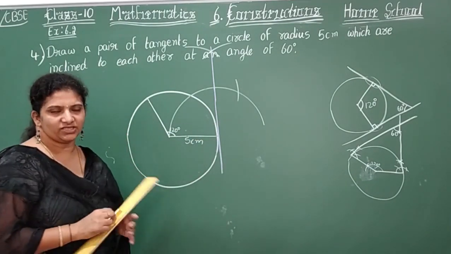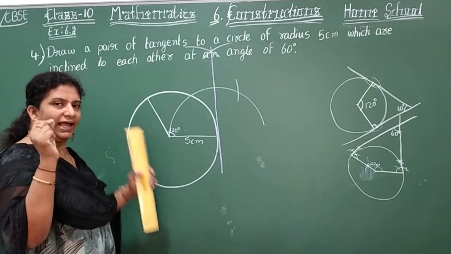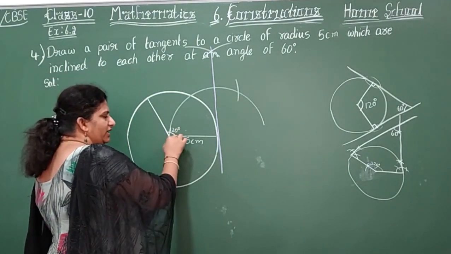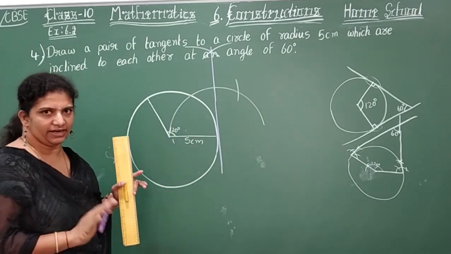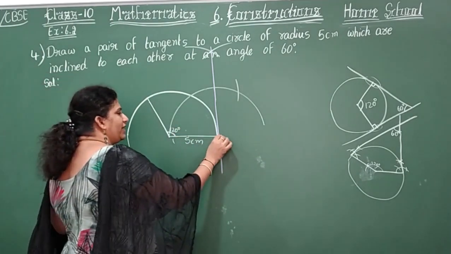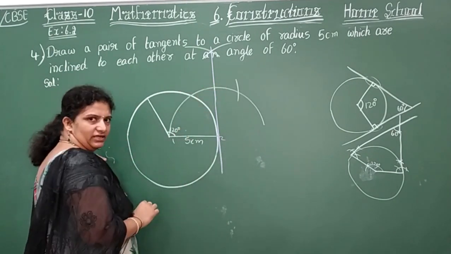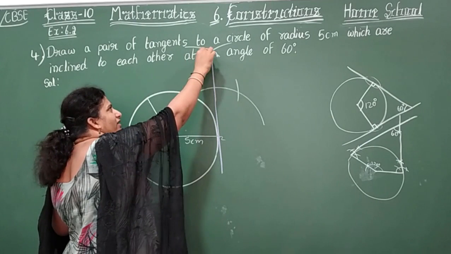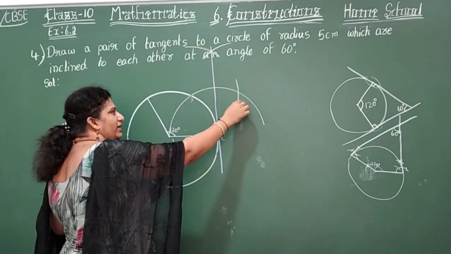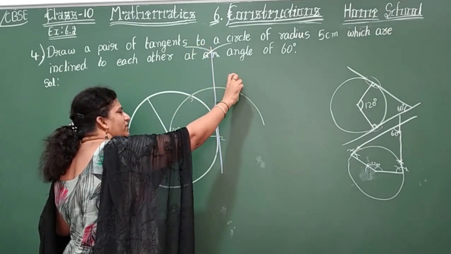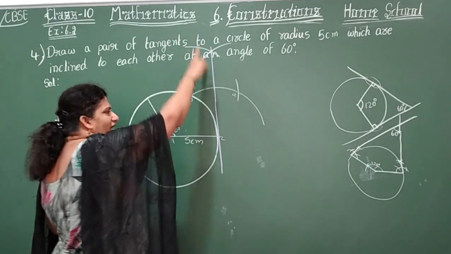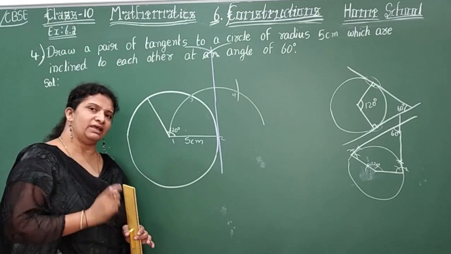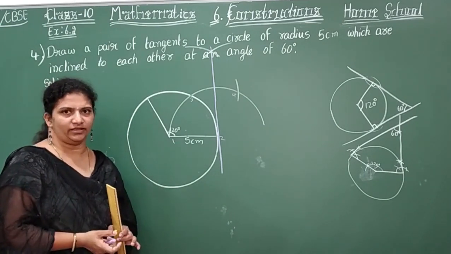So once again, children, if you want to remember, I'll give you a shortcut. First, at the center, you will draw a circle, right? Second, lift that point here and draw the semicircle. Third, keep the point here and draw one arc here and one arc here. Fourth step, lift the compass, put it here, cut the arc, and join for your tangent. Okay, this is one method, children. Any method you want, you can follow.